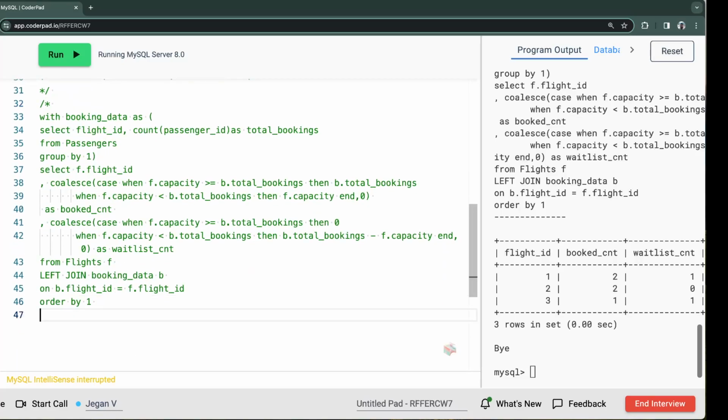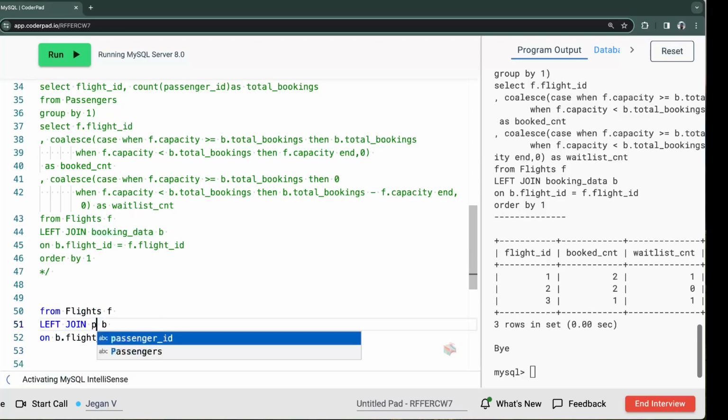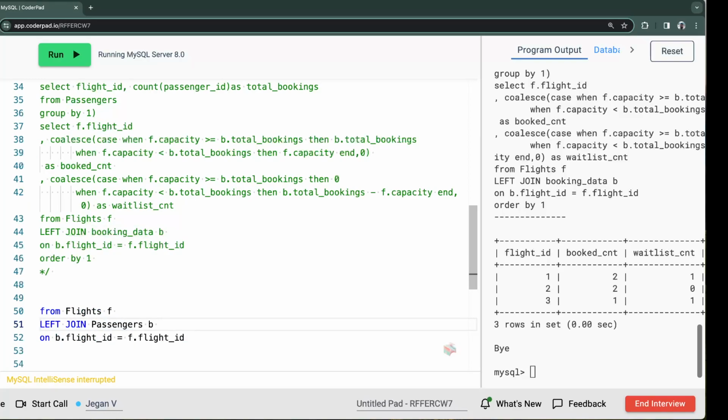No. Let's see if we can do the same aggregation. We do the aggregation here and then we are connecting with the flights table. Can we do that directly with the flights table and the passenger table? Let's see. So flights based on passengers. Okay, so whatever the aggregation and calculation we did, we are going to do in straightforward SQL. So what we are going to do is